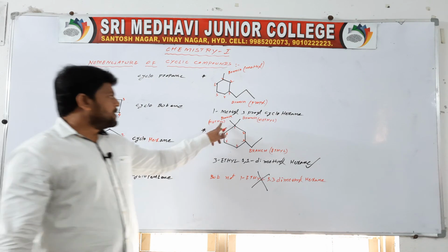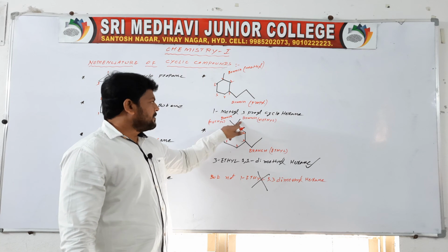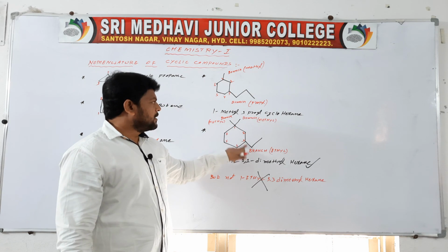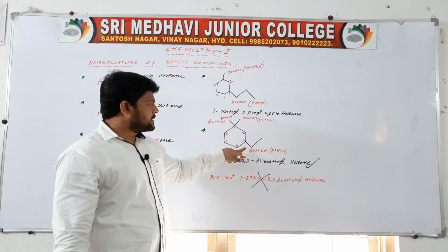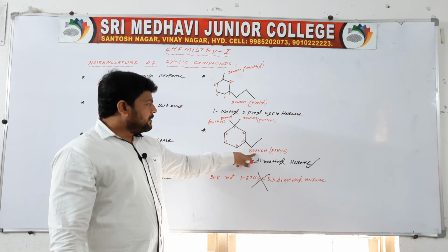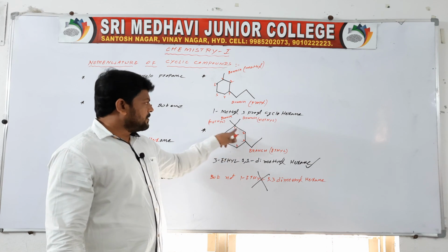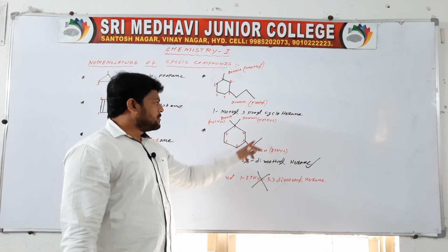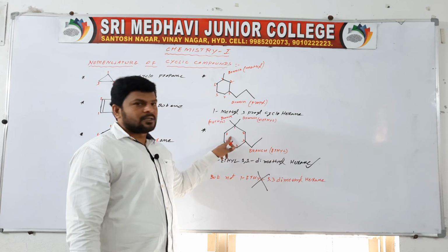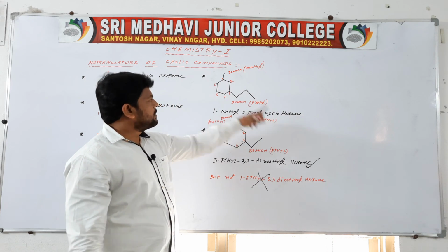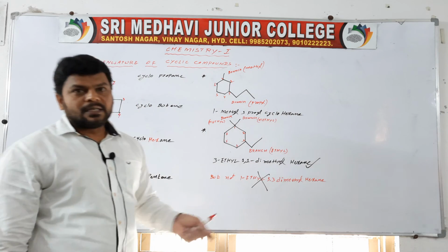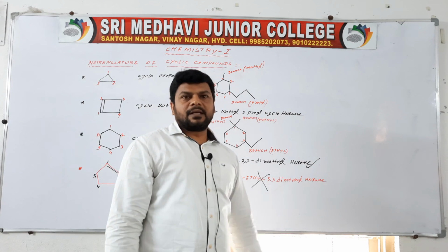Okay, so these two are the same functional groups, it is an ethyl group, it is a methyl group. Which comes first? Ethyl comes first. So we have to write the prefix, then you have to write the suffix. So the root word is hex. Why? Because it contains 6 carbons, hexane, like this.